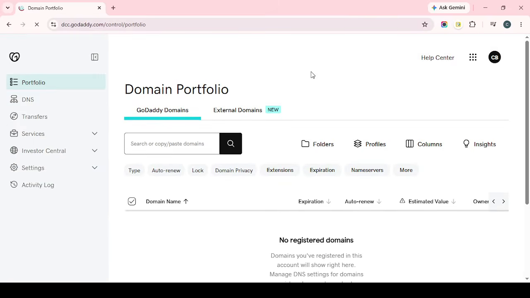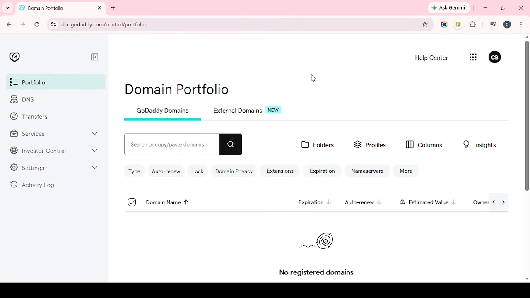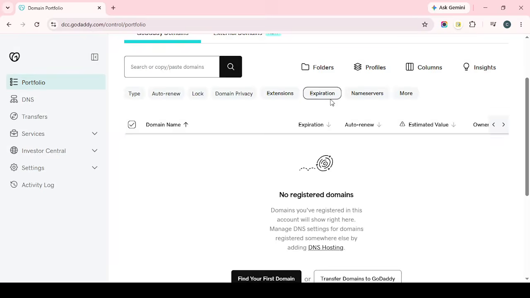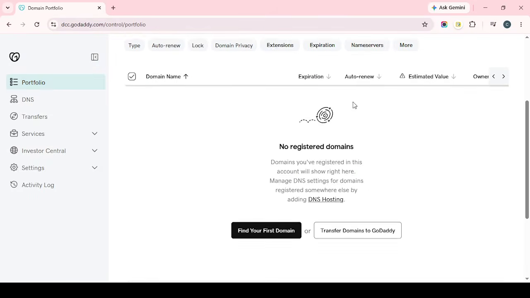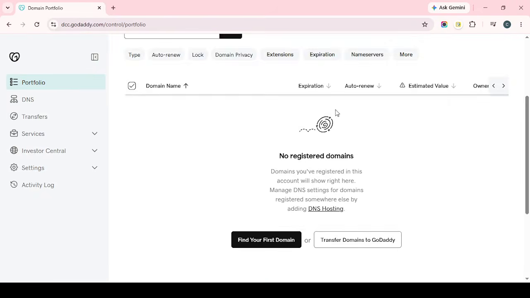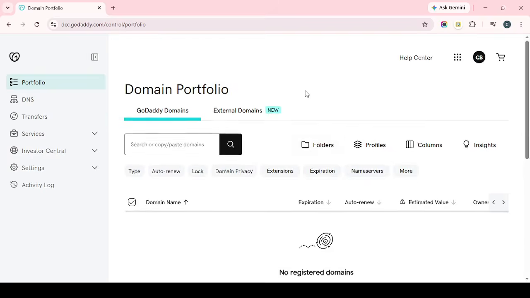After that, find the option to request the authorization code, which is sometimes called the auth code or EPP code. Click Request Auth Code and wait for the code to be generated. Once it appears, copy it carefully. This code works like a secure transfer key, so you'll need to paste it exactly as shown. It's a good idea to keep that code handy for the next step so you don't have to come back